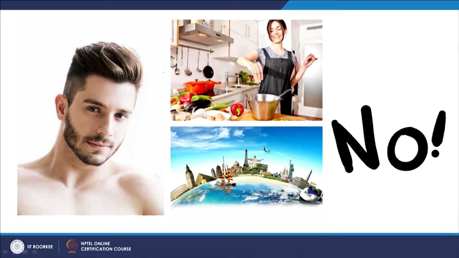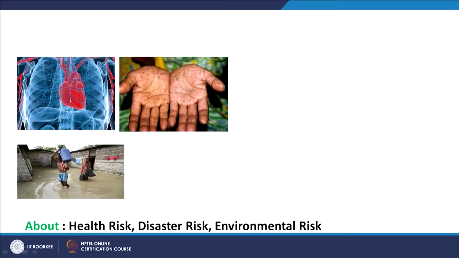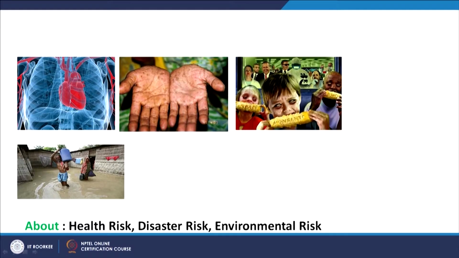So when we are talking about exchange of information between senders and receivers, no. In risk communications, they are not interested in your hairstyle, your travel plan, or your day-to-day life. In disaster risk communications, when we say we are exchanging information, we are directly or indirectly talking about some particular hazards and risk. It could be a heart problem, it could be arsenic contamination of groundwater that is causing cancers in people, or it could be flood-related issues, or genetically modified food, as many people nowadays are exposed to it and are having a lot of health issues, or the Fukushima nuclear plant that was devastated and a nuclear accident took place by